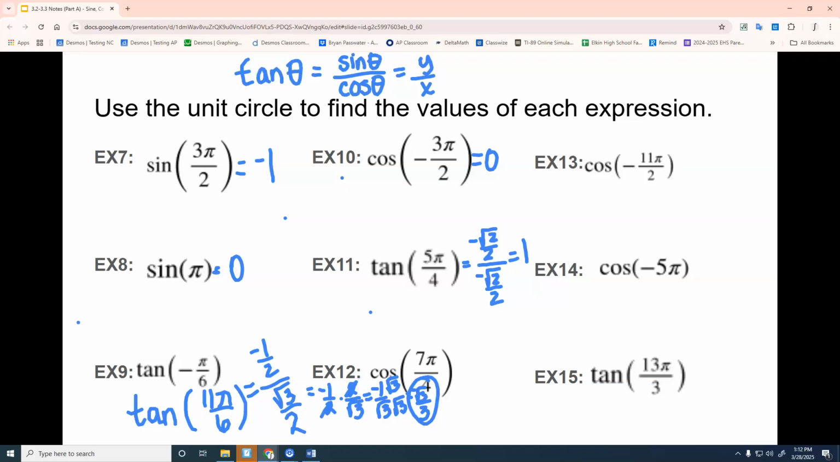And we are about out of time, so I am going to stop for today. We are going to practice more. Second period did not get as far as you guys because we had to